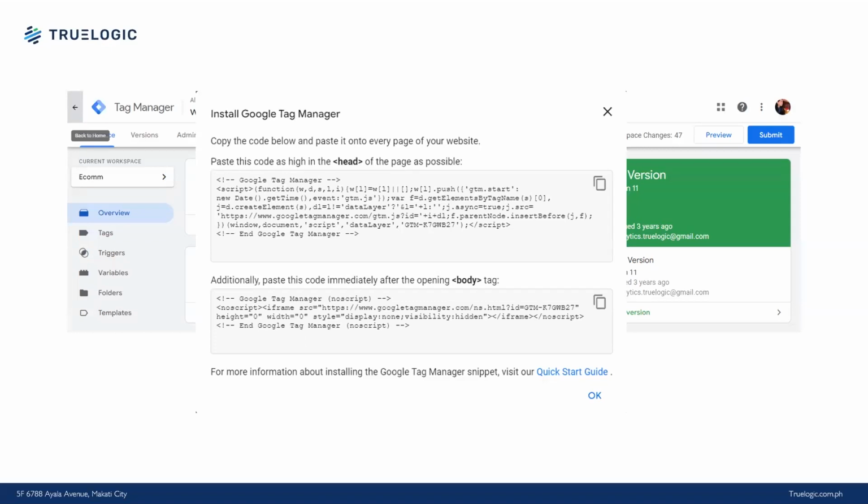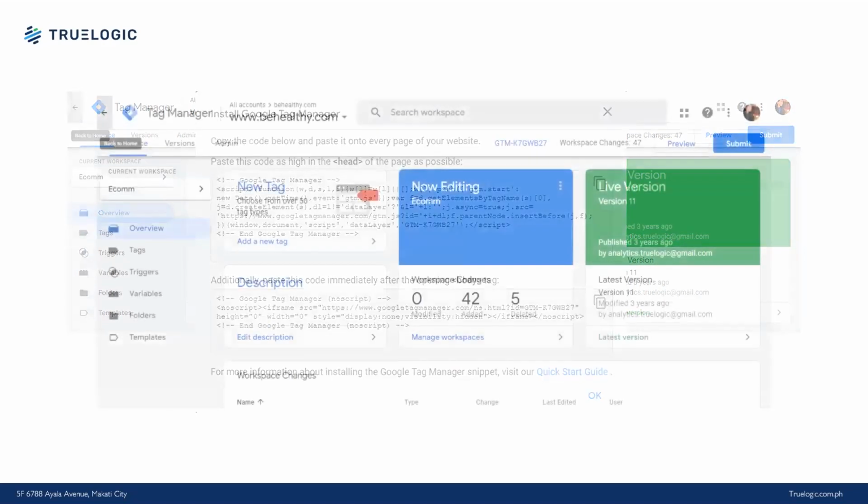Installing the head HTML is done once because whatever you install in a head is uniform throughout a website, but the body HTML is not, right? Like the body HTML of every page is unique. So instead of going through this process of capturing this code, installing it in the head, capturing this code, and then installing it in the body HTML of every page you want to track on Tag Manager, instead of doing that,